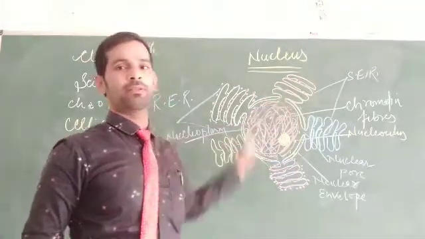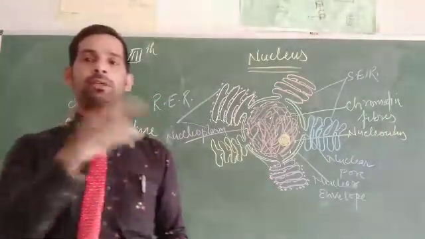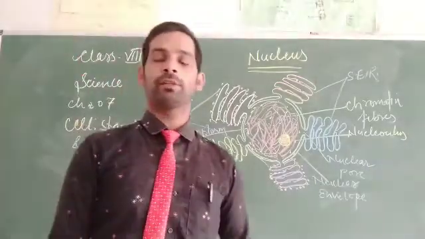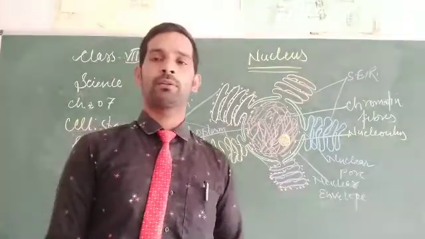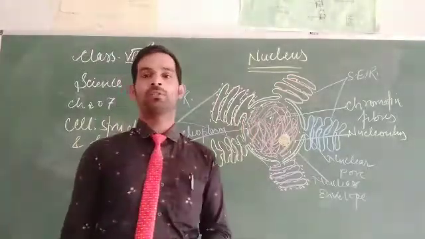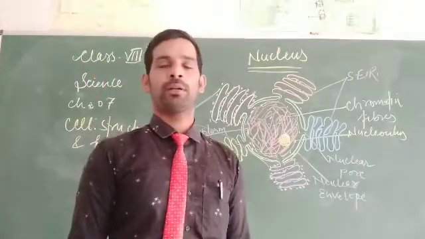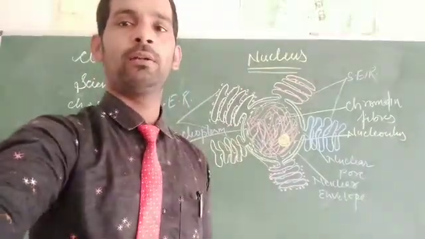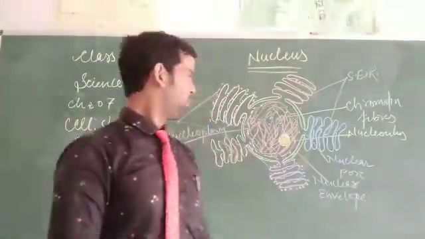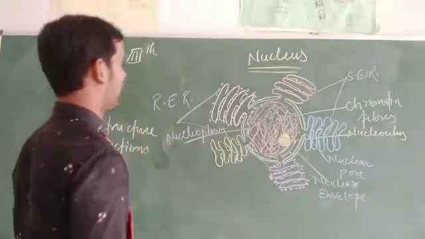In a circular region, or you can say a spherical structure, there is a double membranous structure called the envelope found on the nucleus, so it is called the nuclear envelope. Here is some space, a gap between the nuclear envelope layers. This is called a pore. Since it is present on the nucleus, it is called the nuclear pore. And we have to see there is the endoplasmic reticulum.